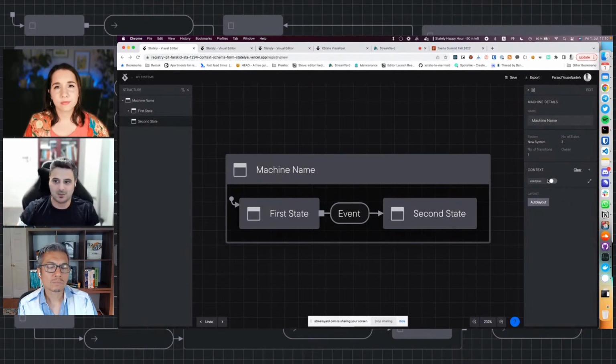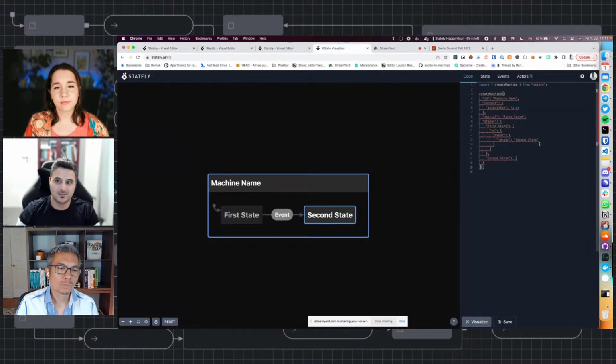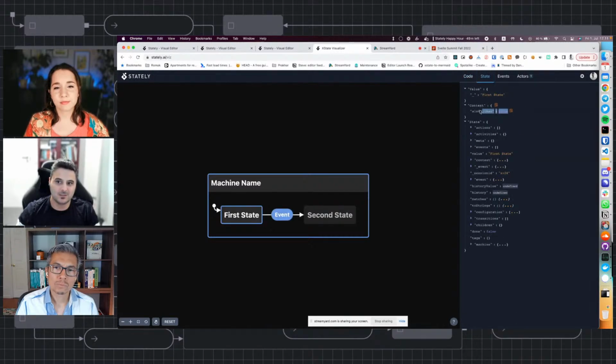So you shouldn't be able to interact with them while you're working with the VS Code extension. You can just work with it here in the web editor. Another thing is that since this is now persisted to the configuration of the diagram that you're creating, you can go on and export it to JSON and probably go to the visualizer and paste it there. And when you render it, you can see that you would get the right type of the context object there.